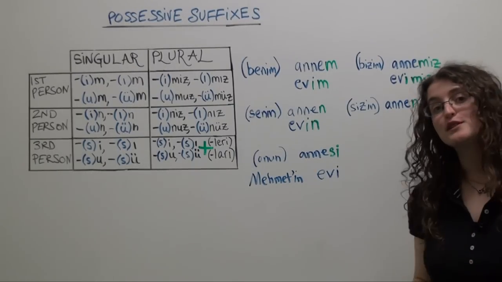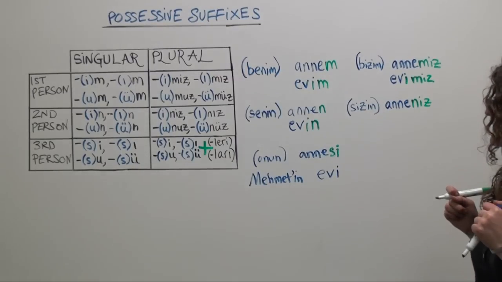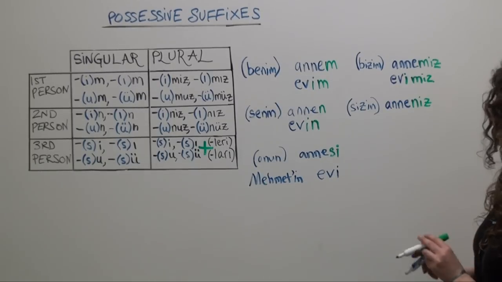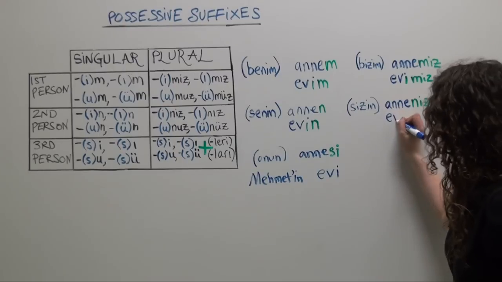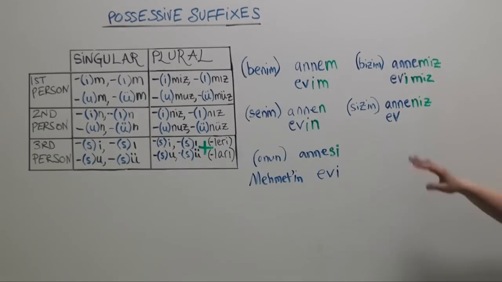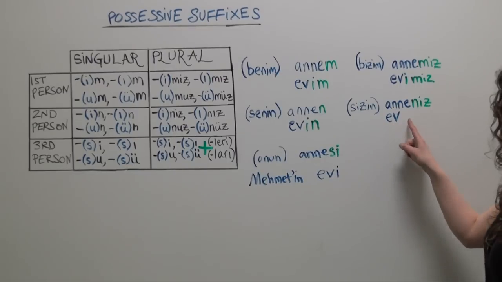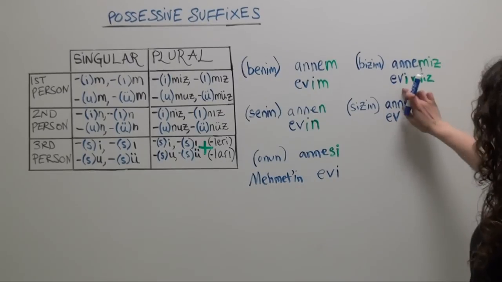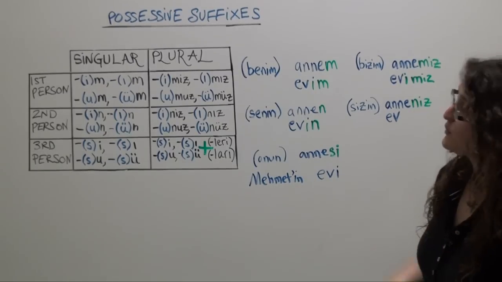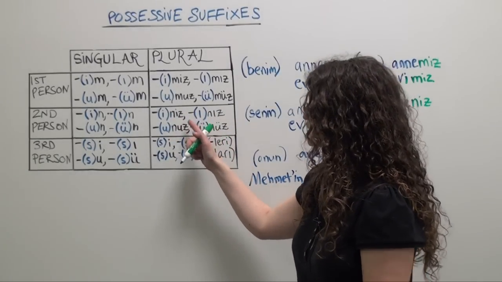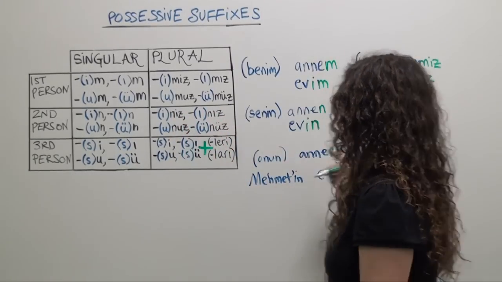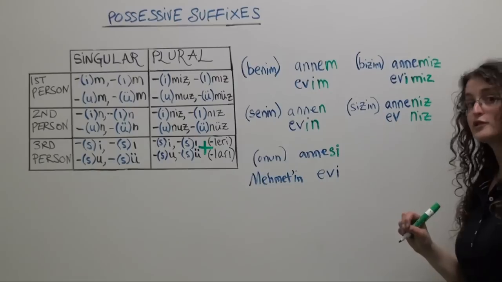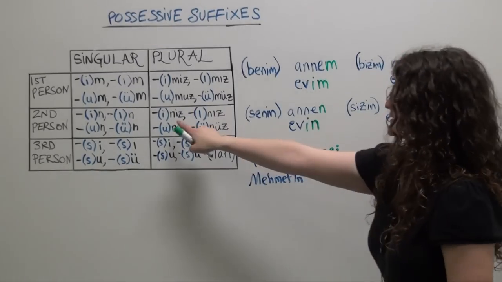Finally, we come to the third person plural. So let's say we want to say their mother. Actually, before we go on to their mother, I just want to throw up the example for ev, the house version. So we'll see how it works with a noun that ends in a consonant. If you want to say your plural or your formal house, you're just going to do what we have already seen happen with evimiz, except with the second person plural ending. So we're going to choose the version of the possessive suffix that agrees best with ev. So this is going to be niz. And insert our buffer vowel, eviniz, eviniz.